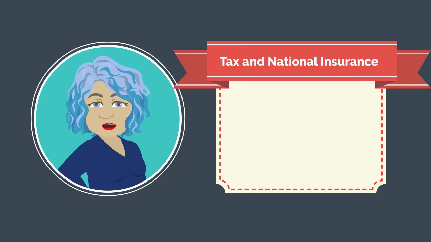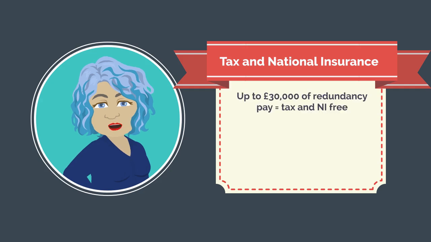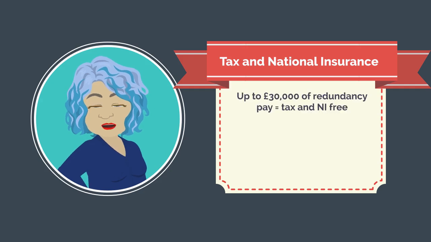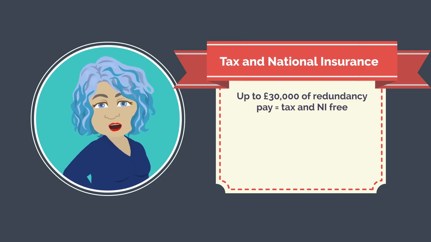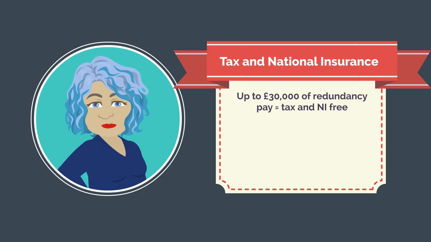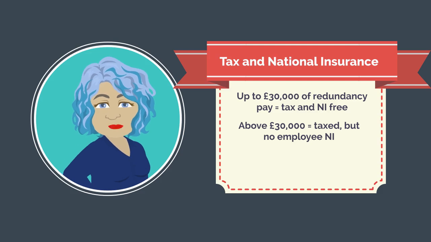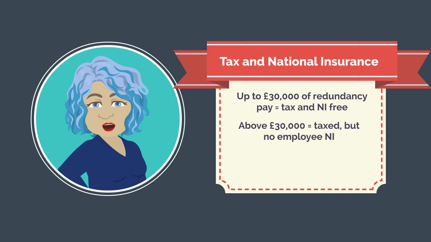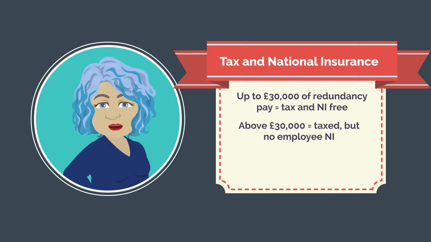and national insurance. The first £30,000 of a genuine redundancy payment is tax-free and exempt from national insurance. This applies whether your payment is statutory or enhanced, so long as it's not part of your contract. Anything you receive over £30,000 is taxable as income. While you won't pay employee NI on that extra amount, your employer will need to pay Class 1A national insurance